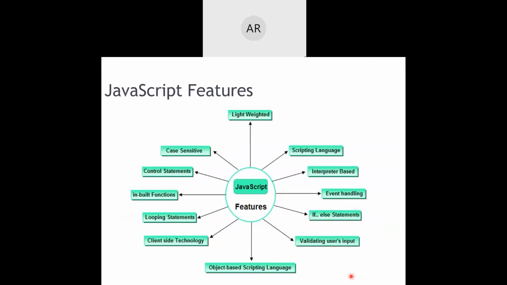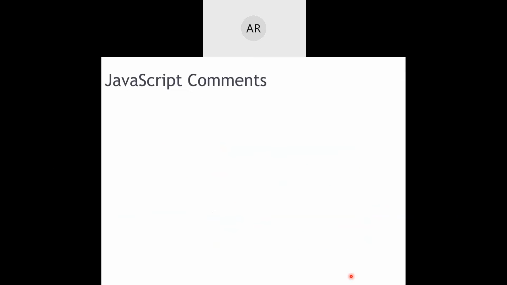Just for a quick revision before your exams, I have put these features into a diagrammatic pictorial view. You can go through this diagram before your exams. Remember what the points were over here. Okay, fine. So I'm not explaining what is there in the diagram again.